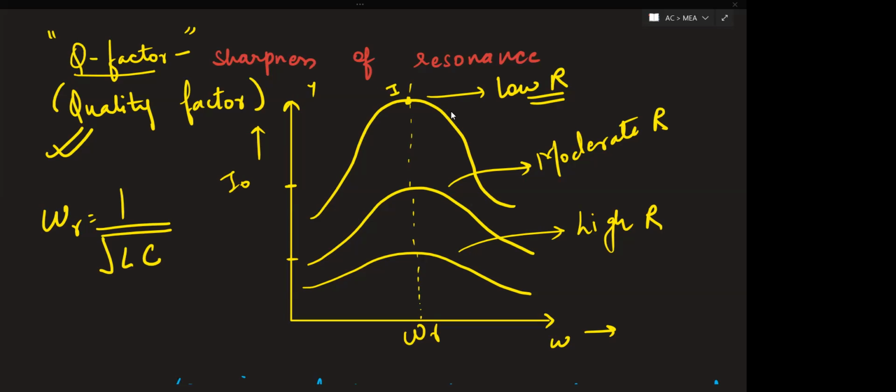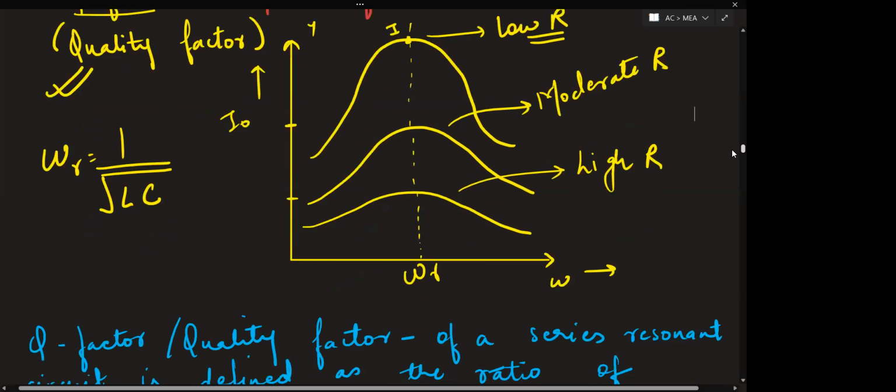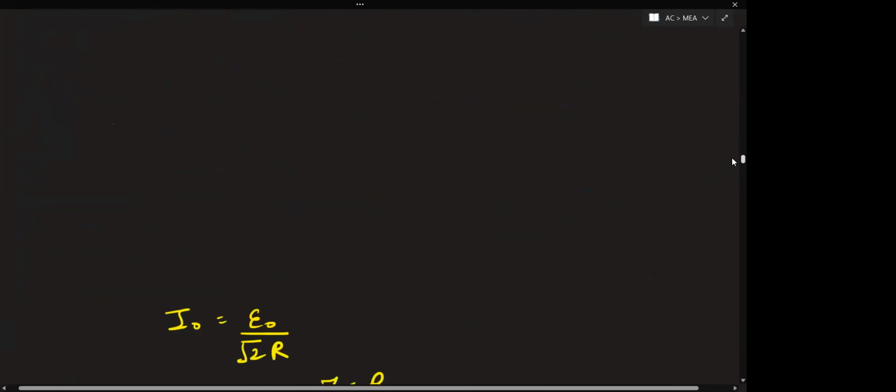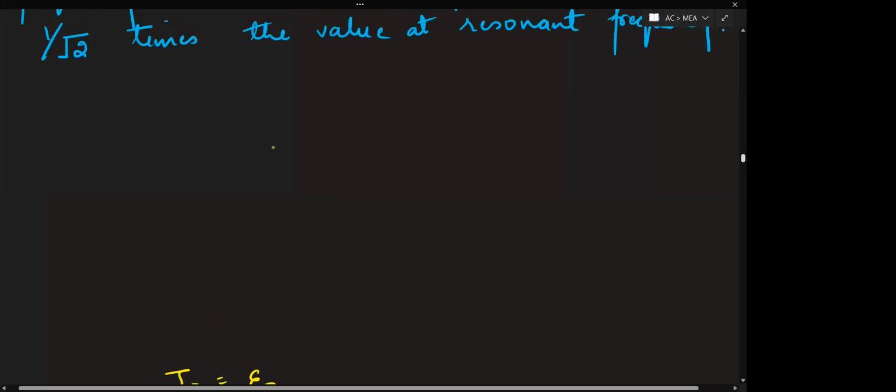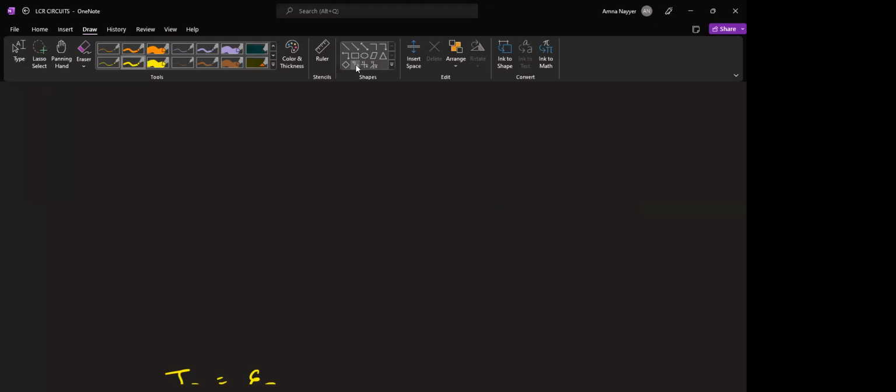So, class. Now, this we have understood. Yes, maximum value of current is there, lower value of resistance is there. So how much amount or magnitude of the sharpness of the circuit is there? That will be given by this quality factor. But now, which definition do you have to write in your exam? See, the definition that it will measure sharpness of resonance circuit will not be valid. Let me draw a neat and proper graph again.